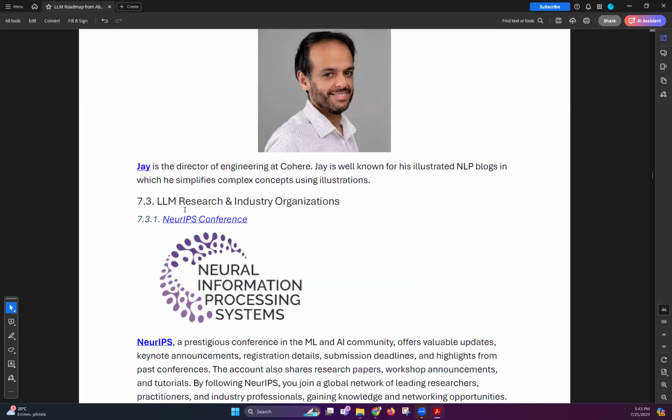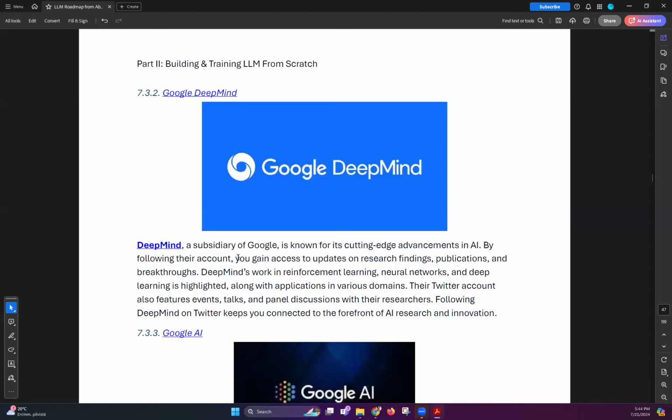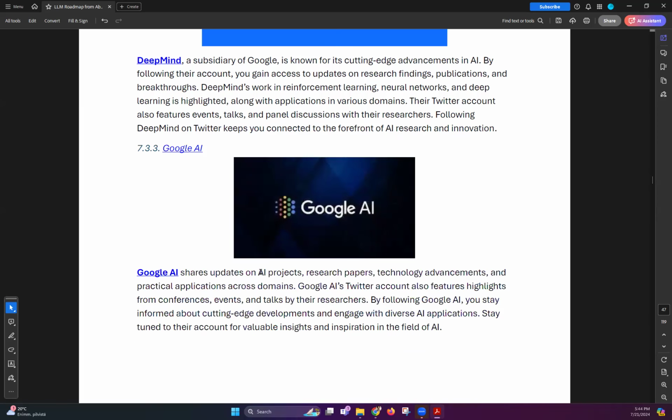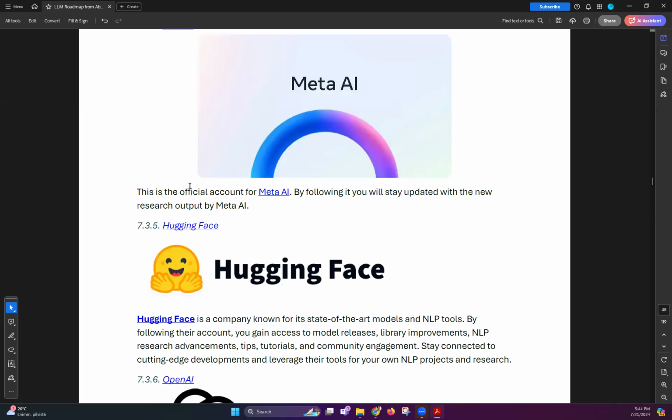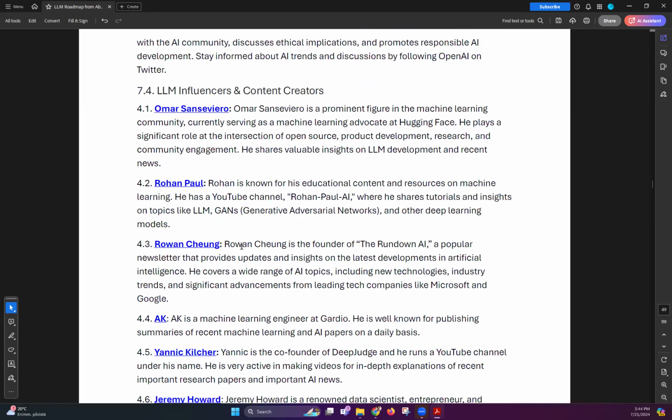Also, you can follow some of the research and industry organizations like NeurIPS to see the papers and the conference dates and so on. You can follow the papers that are being published there. Usually, they are top-notch papers. Of course, keep following the projects that Google is working on right now, and Meta AI also, Hugging Face, OpenAI, just to stay up with what's happening in the industry of AI